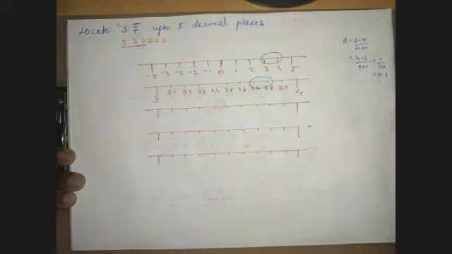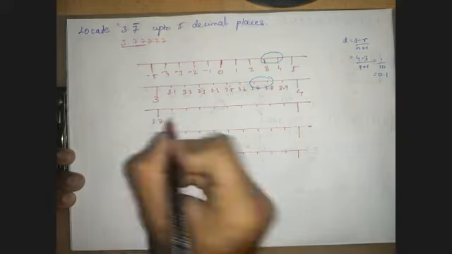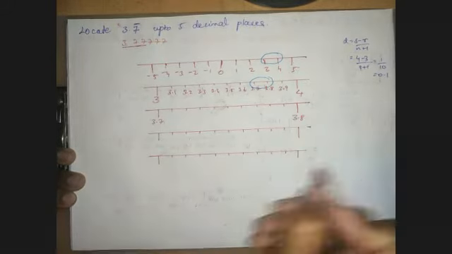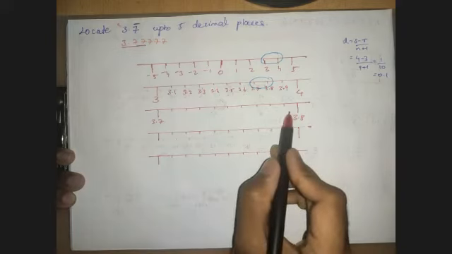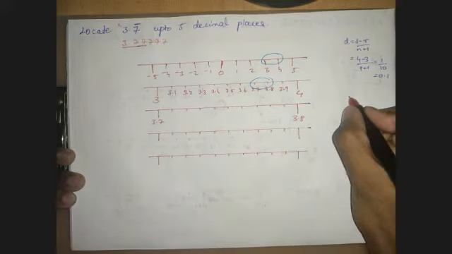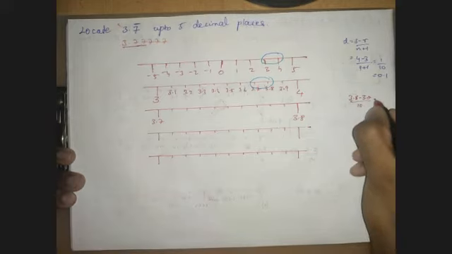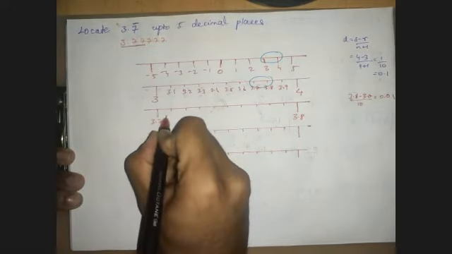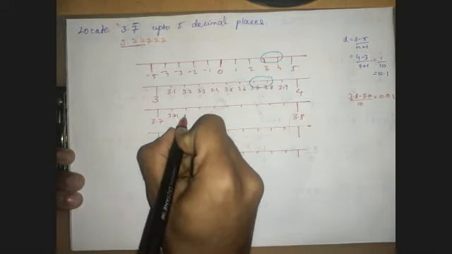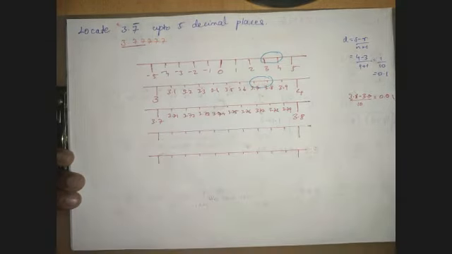So we need to zoom this part of it. So how do we write it? I write 3.7 out here and 3.8 out here, and I divide this into 10 equal parts, that is inserting 9 numbers in between them. So how do I do that? That is 3.8 minus 3.7 by 10, that would be 0.01. So I'd add 0.01 to this. So this would be 3.71, 3.72, 3.73, and so on.